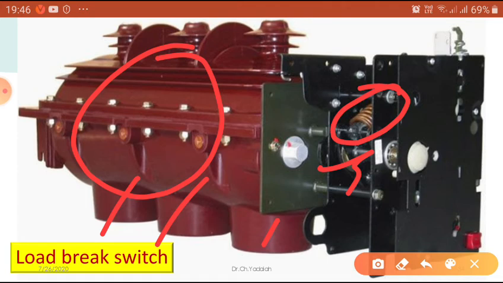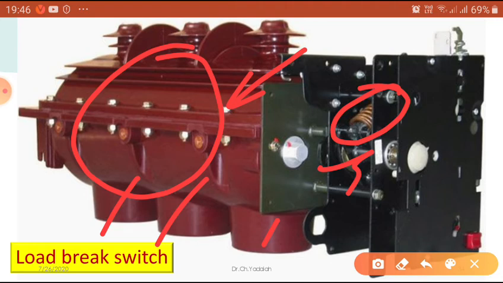At the same time, we can use some media to quench the arc, or we can provide some turbulence for lengthening of the arc, and some media is also used to increase the resistance between the two contacts. So you can see the one area, you will get some idea.